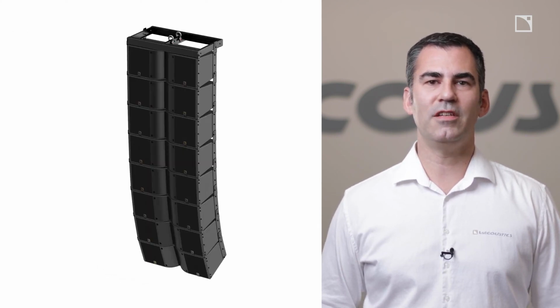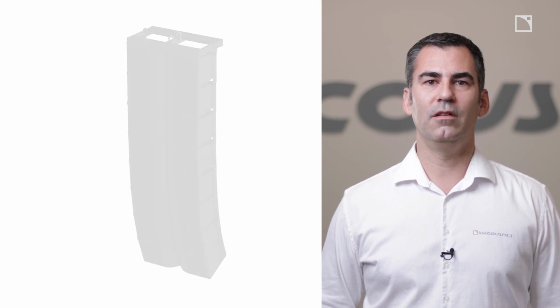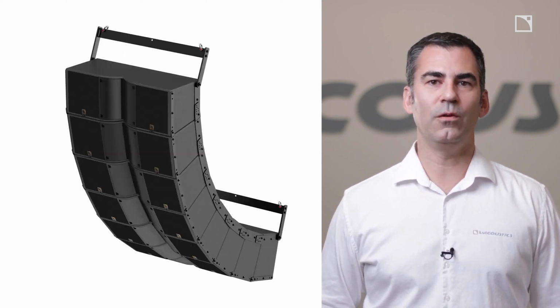The first and most obvious difference is the rigging system. All the same angle options as the touring version, but designed for the needs of the install market. We have an install-centric bumper. With the ability to put a bumper on both ends of the array, K3i can easily work in the most